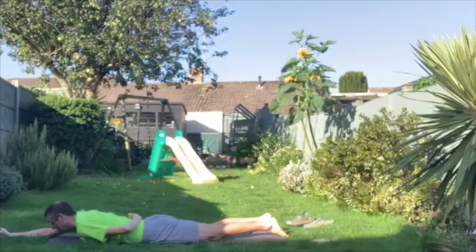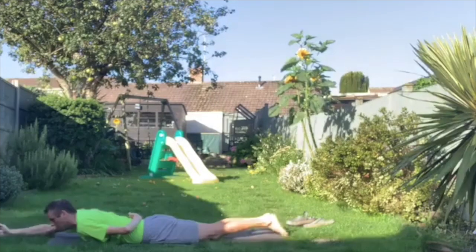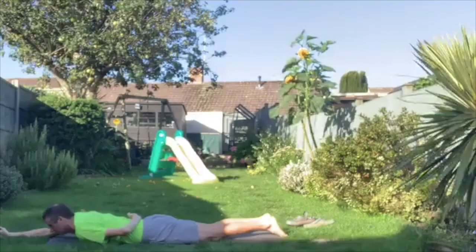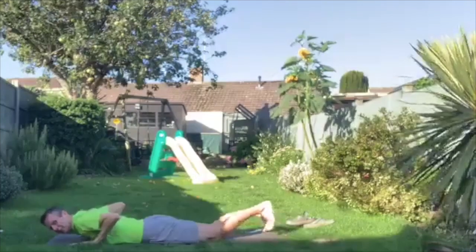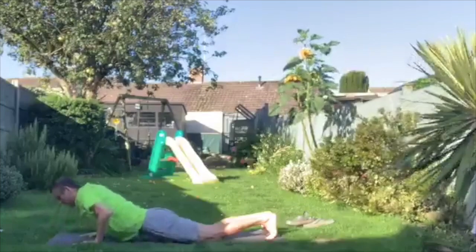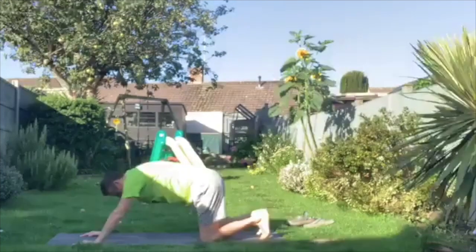And exhaling back down. Really feel as though you're reaching and just inviting that subtle back bend for the body, but also engaging the abdominal muscles just to support the back through that position. Now bringing the hands underneath the shoulders, tucking the toes back under, pressing down through the palms so we lift ourselves back up again, and we take ourselves back up into a kneeling position at the back of the